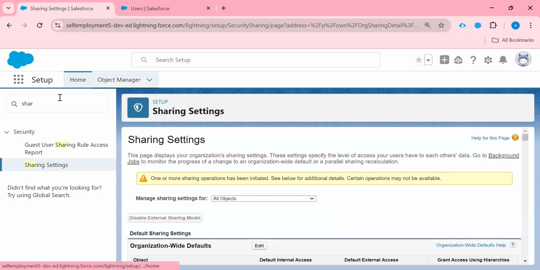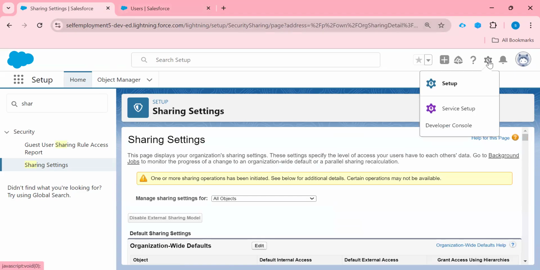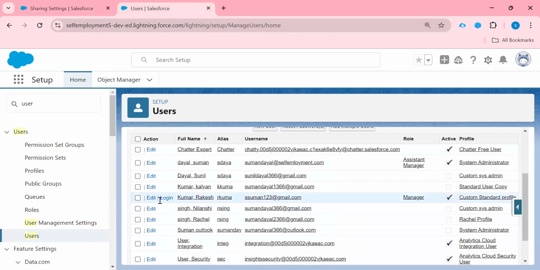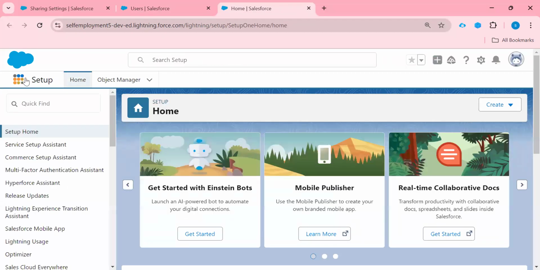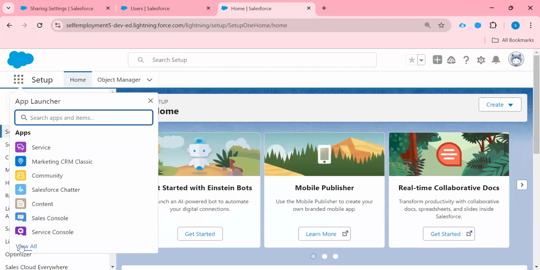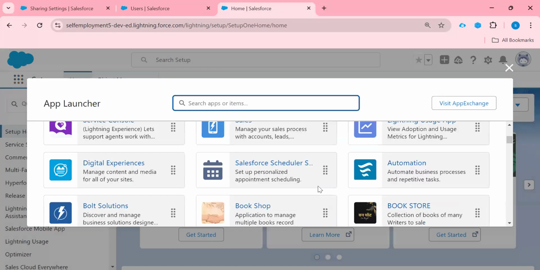Now, because this user is above in the role hierarchy, I'm going to create a record from my application. Let me open my application.